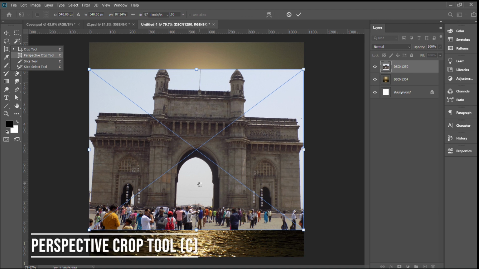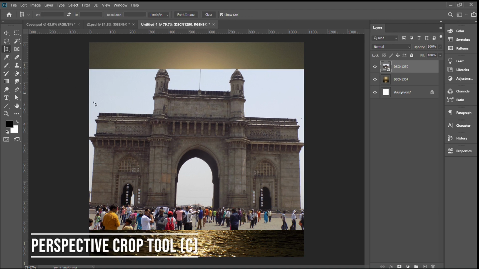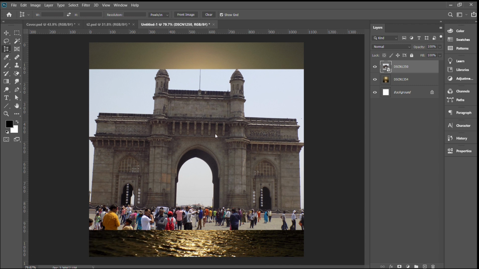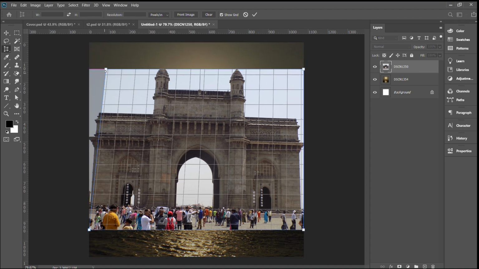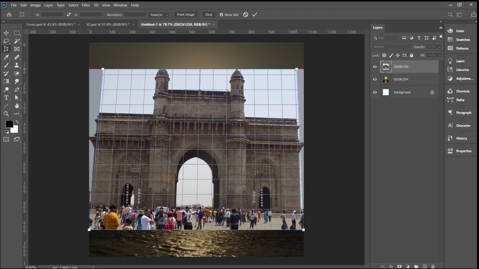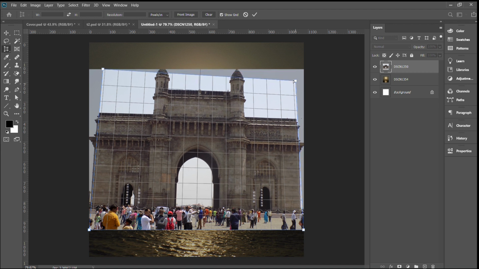Another tool in the crop tool group is perspective crop tool. It's used to straighten distorted images. To get straight elevations of the buildings, you often need to straighten the perspective. So to straighten the distorted images, make a boundary and match the edges with the vertical and horizontal lines. Try adjusting all the 4 points to align. Make sure that the lines in the grid match with the vertical and horizontal lines of the image.